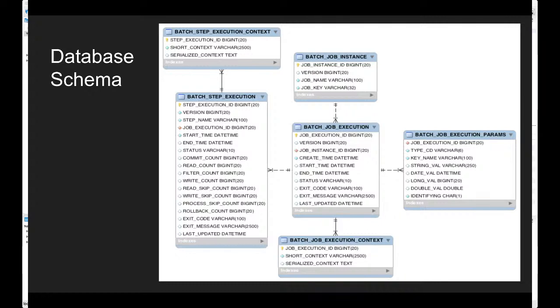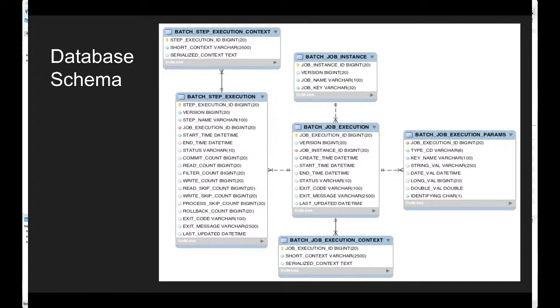Earlier we talked about how the batch job provides us information regarding the skipped records or management of the filtered records. So you can see here that we have counts of how many records have been read, how many records have been filtered out, and how many records have been sent to the writer. We have all the counts for all the steps. This is the best part of our batch job.